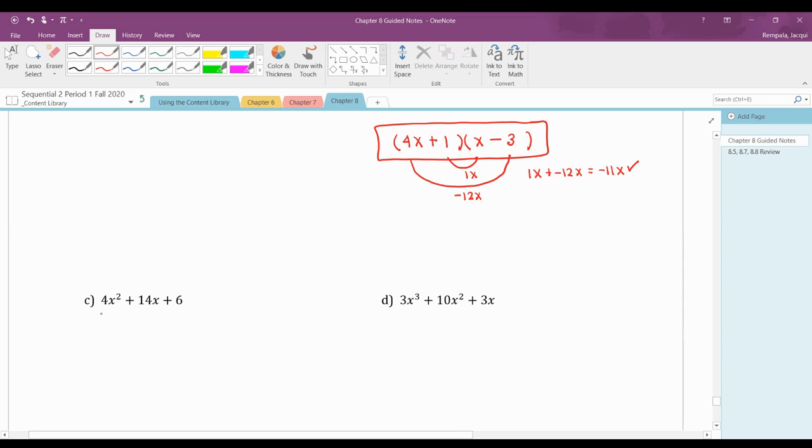But 4 is not a prime number. I can break it up into 2 times 2. Can I multiply 2 times something to get 14? And the answer is yes. 2 times 7 is going to get me 14. Can I multiply 2 times something to get 6? And my answer is yes. 2 times 3. So while 4 was a number that they didn't all have in common, notice how they all